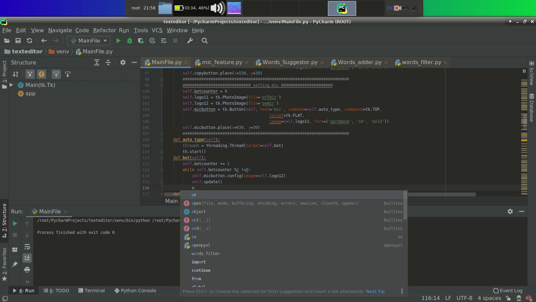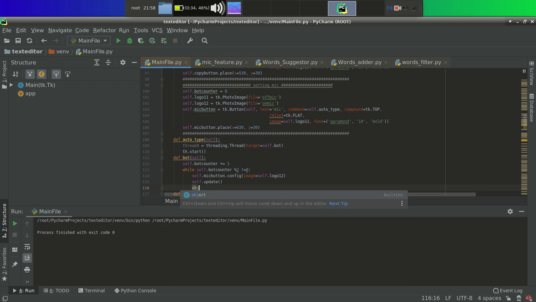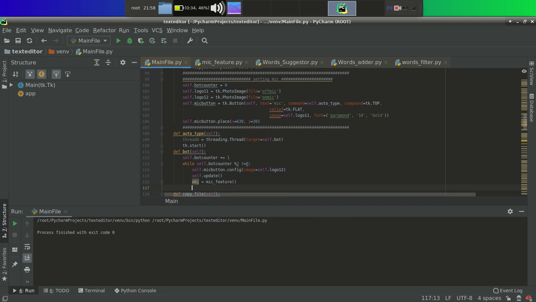So initially I am making object obj of that class, obj equal to my feature. That was the class, we will import it, no problem.